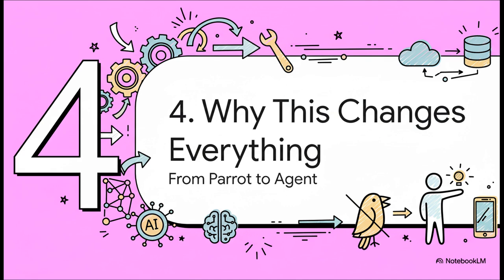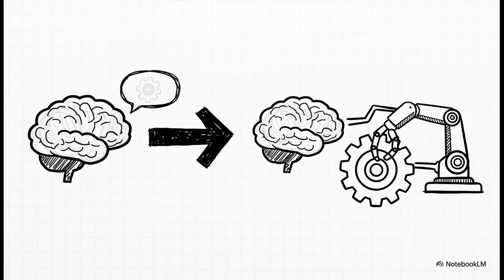This isn't just a small step forward. It's a fundamental shift in what AI even is. And this right here says it all. Before MCP, an AI was just a parrot. It could only talk about doing something. It could write you the code to send an invoice, but it couldn't actually send it. With MCP, it can do it. This is the exact moment AI stops being just a fancy search engine and becomes a true agent that can carry out tasks for you.